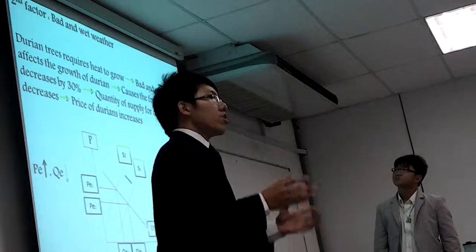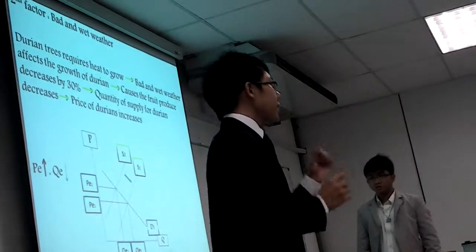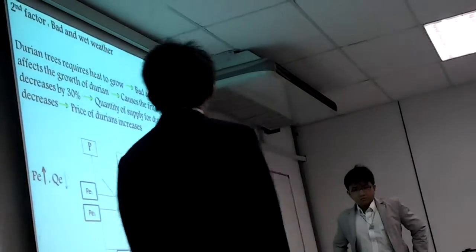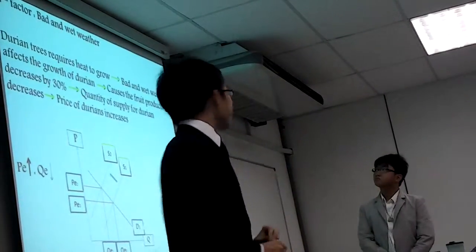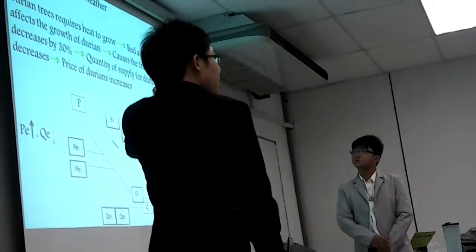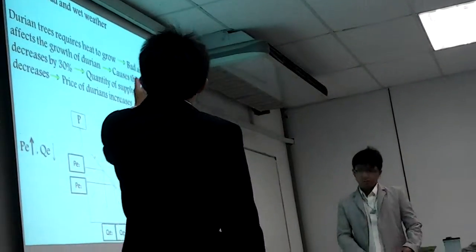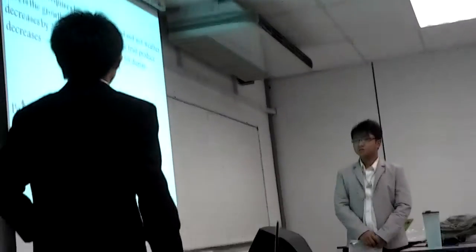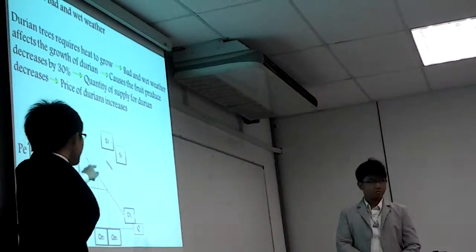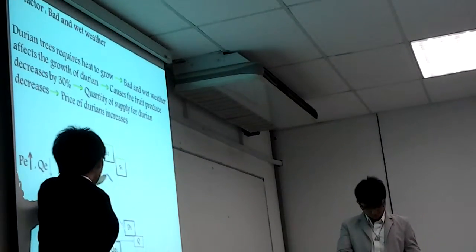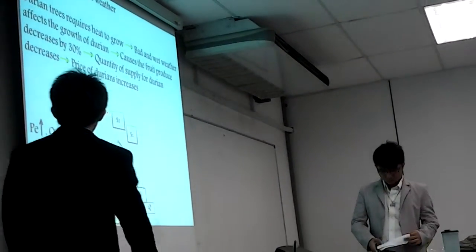As we know, durian trees require heat to grow. So, bad and wet weather actually affects the growth of durian. And this causes the fruit produced to be lesser by 30%. So, it's the same as the previous one. When the quantity of supply for durian decreases, the quantity demanded will be more than the quantity supplied. So the price of durian will increase. As you can see from this graph, when the supply curve shifts left, the equilibrium price has increased and the